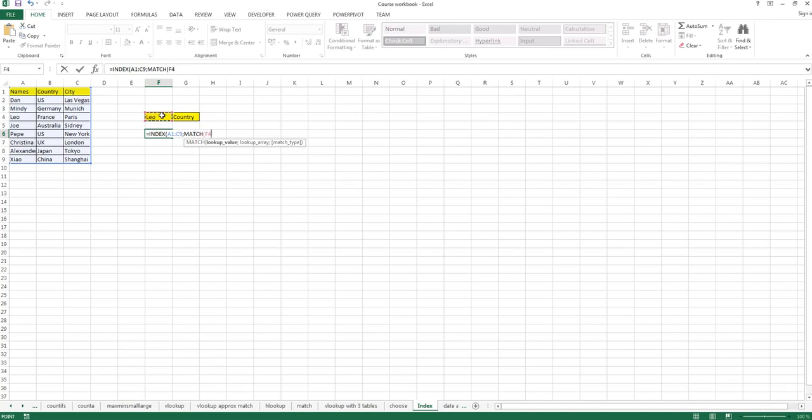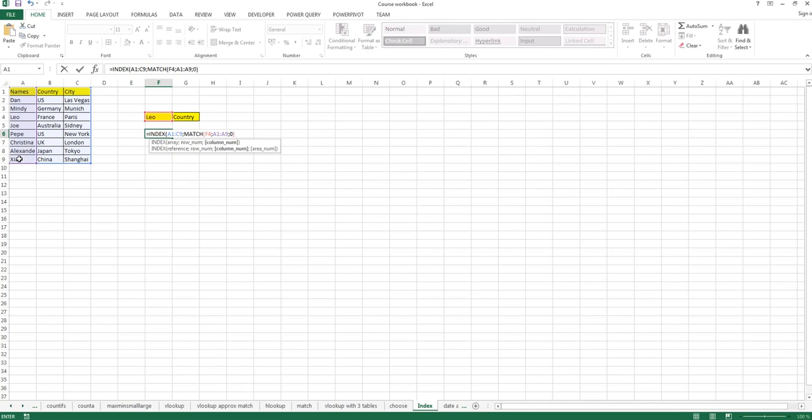It is looking for the name here from our drop-down list. The lookup array is this one, and we are searching for an exact match. Type in a 0,